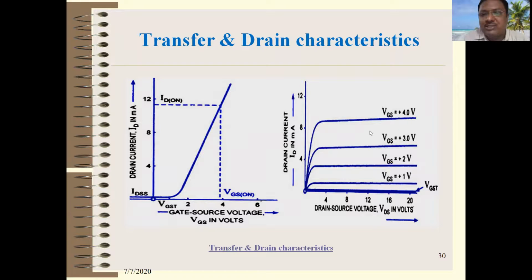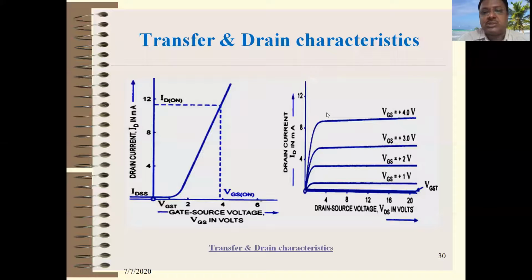So exactly why the saturation occurs is explained in the previous video. If the voltage VDS increases, what happens? The depletion layer at the drain increases, which will decrease the effective width of the channel, so that the current decreases. And after that, at a particular value, which is called the pinch off value, the current becomes constant. So that is not shown here, but it's a pinch off value.